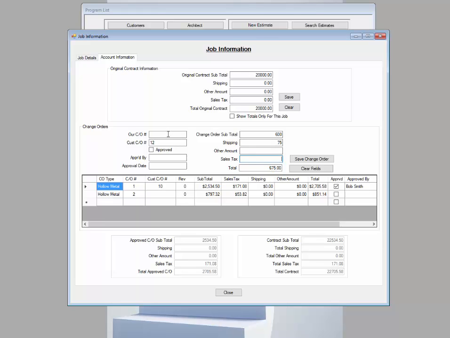So that's $45.56 in sales tax. So that gives a total of $720.56. Now when I click save, it's going to add it to the list here. But the first thing I want to show you is down here, this section, this is for